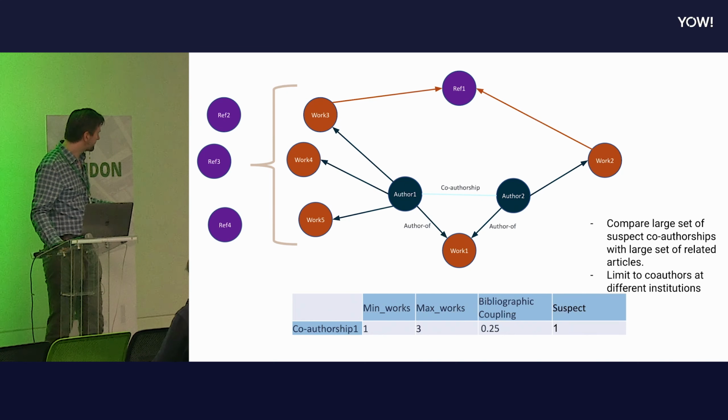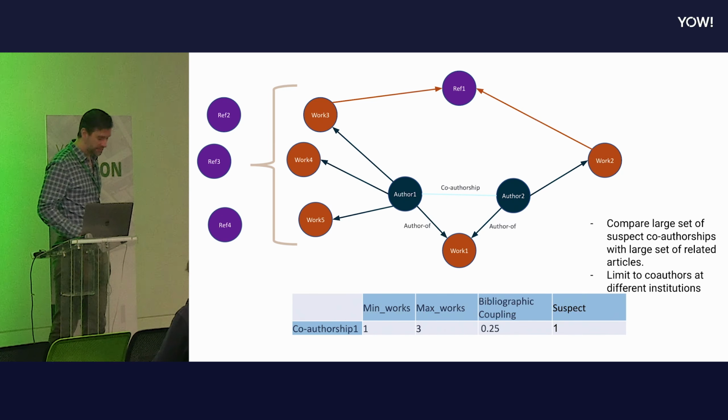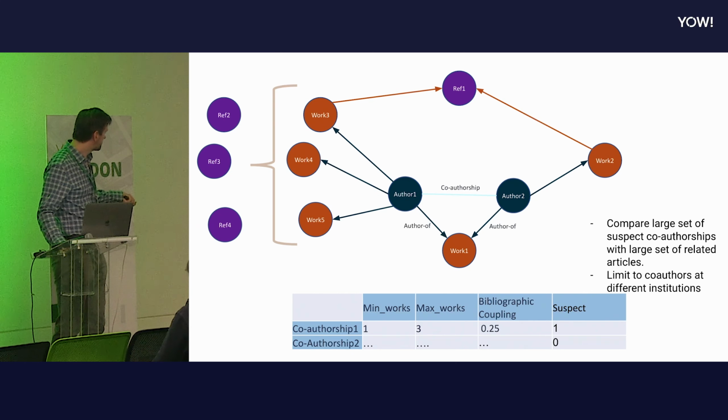And then we have this final column, which is what we're trying to predict. In this case, it could be a suspect article. This could be from our set of known dodgy brokered co-authorships. And then we have a bunch of other ones which are maybe not suspect. And so if you've done sort of data science 101 kind of stuff, this is a really simple machine learning problem at this point.